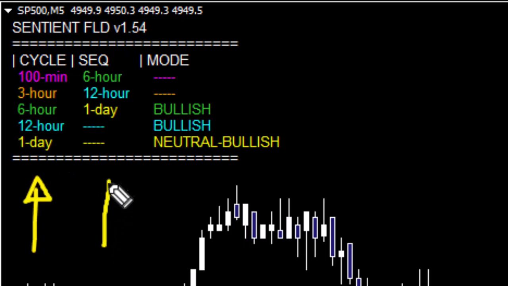The second column presents the sequence that applies to each one of the cycles in the first column. And so our 100-minute cycle experiences a sequence of interactions with price over the sequence cycle, which is of course the 6-hour cycle, as you can see over there. In the same way, the 3-hour cycle plays out over a 12-hour sequence, and the 6-hour cycle plays out over